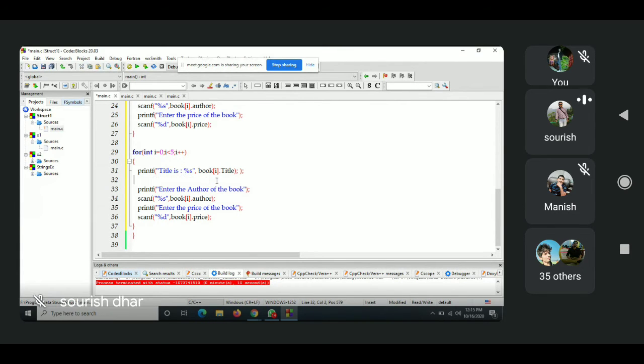And this scanf will be removed. Author of the book is percentage S. What should I say?